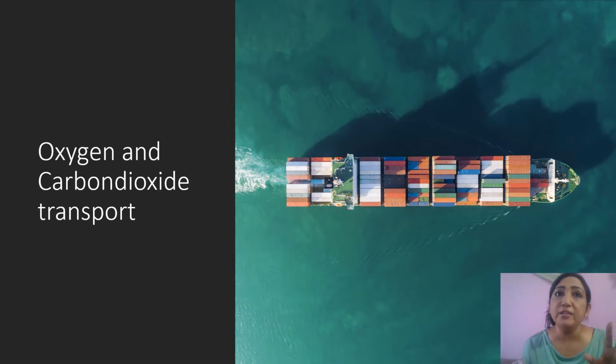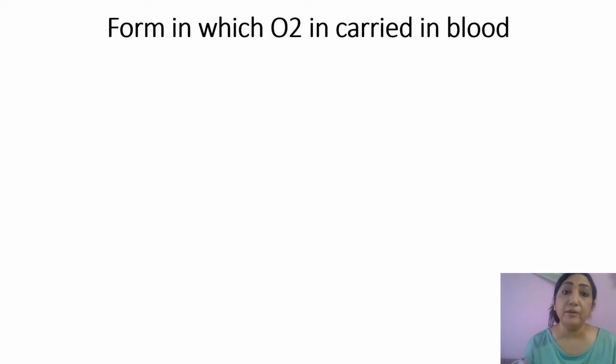Now there are various forms in which oxygen and carbon dioxide are transported in the blood, and we are going to discuss all those and the factors that affect oxygen and carbon dioxide transport in our body. First, we are going to discuss oxygen transport and the form in which the oxygen is carried in